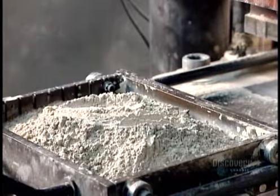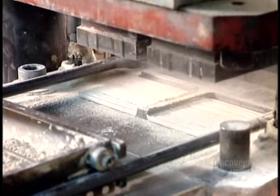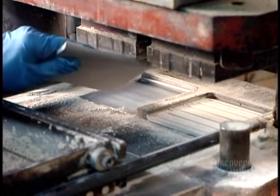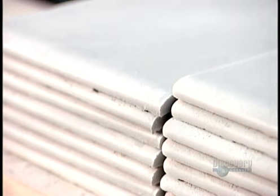The factory uses the same ceramic mixture to produce these square border tiles. They look just like the other wall tiles, except that 2 of the sides are rounded. When you install a row of these border tiles above the regular tiles, the rounded edges produce a clean, finished